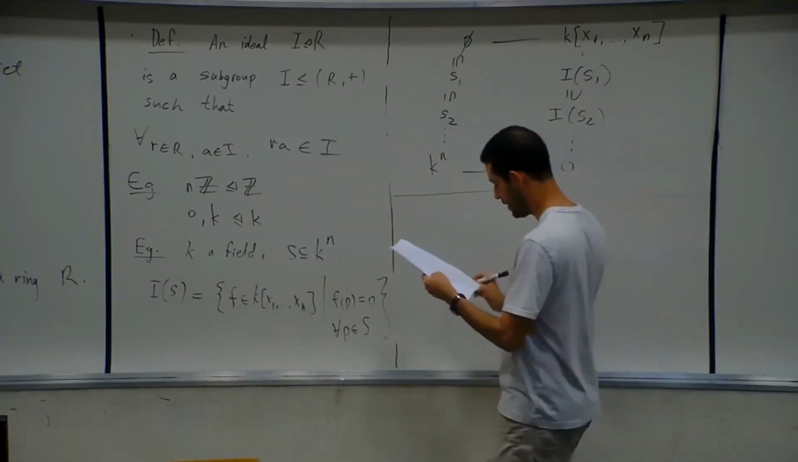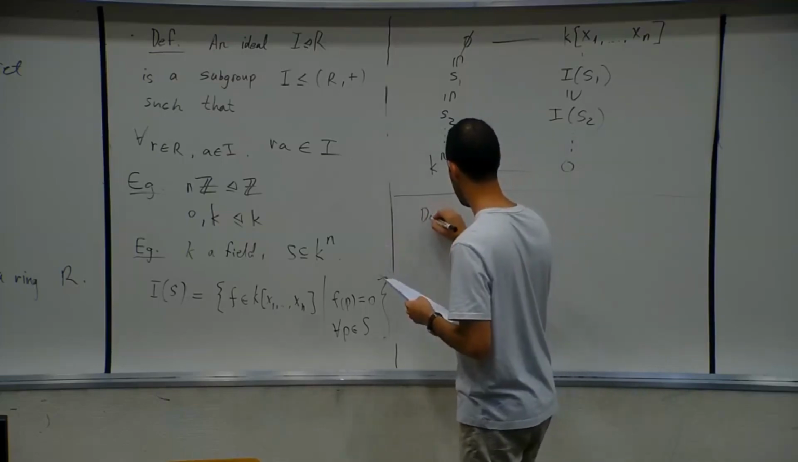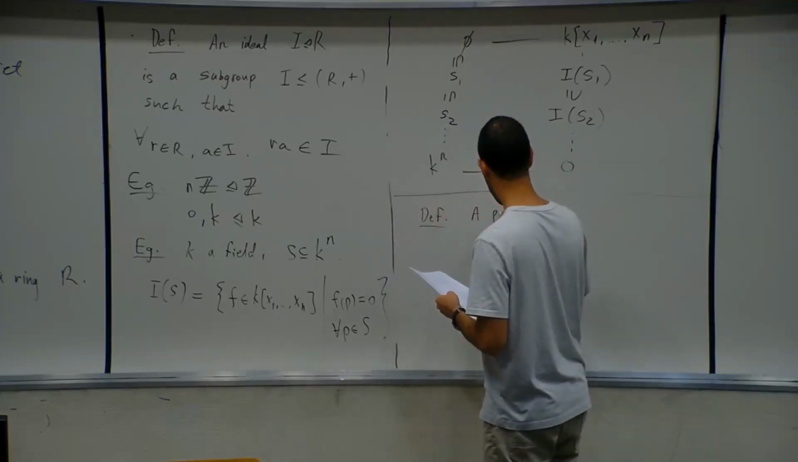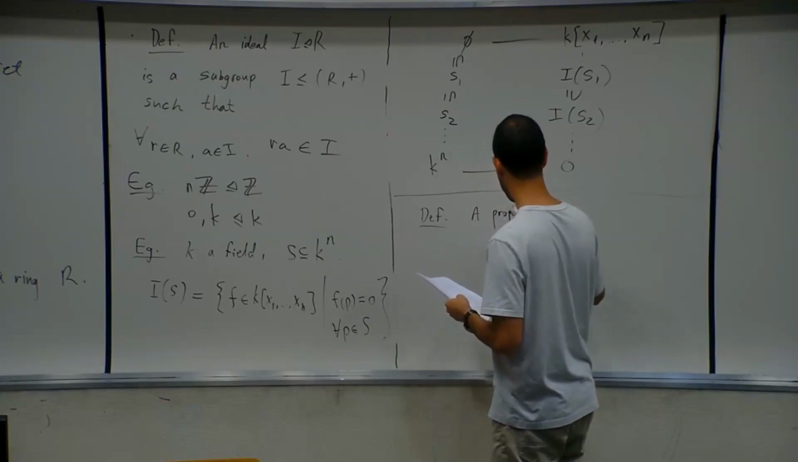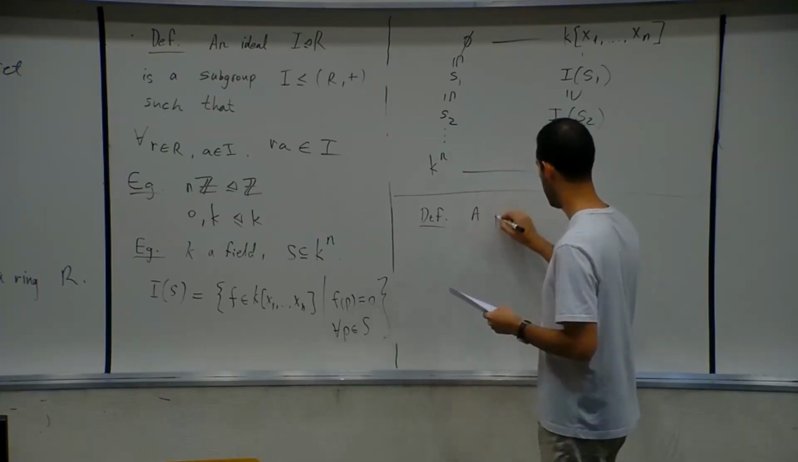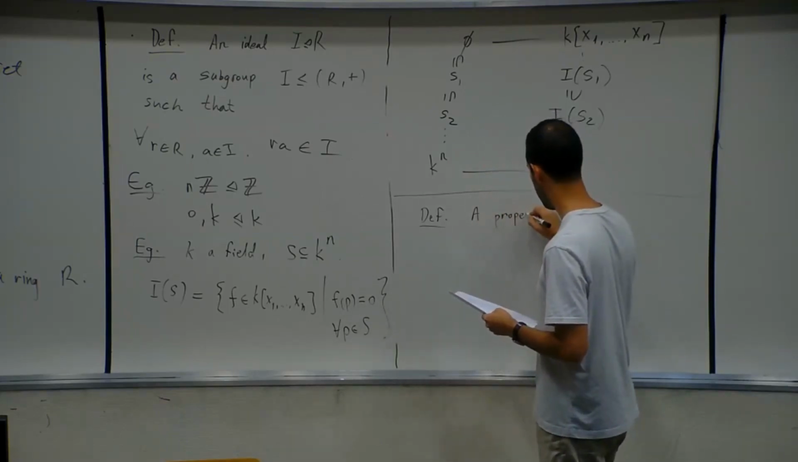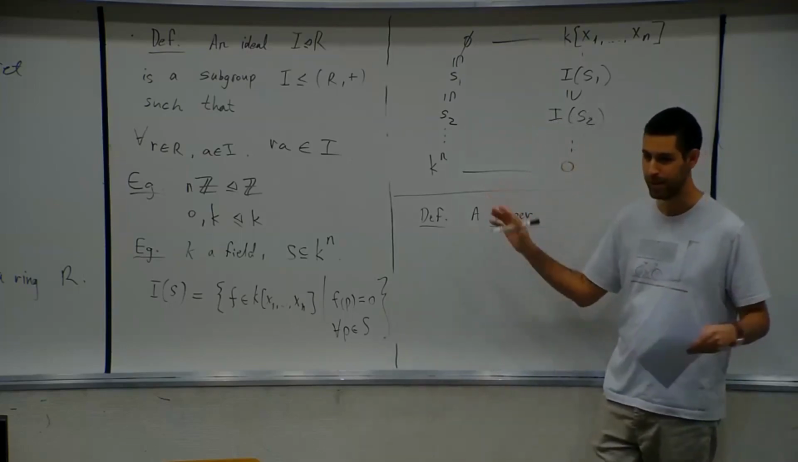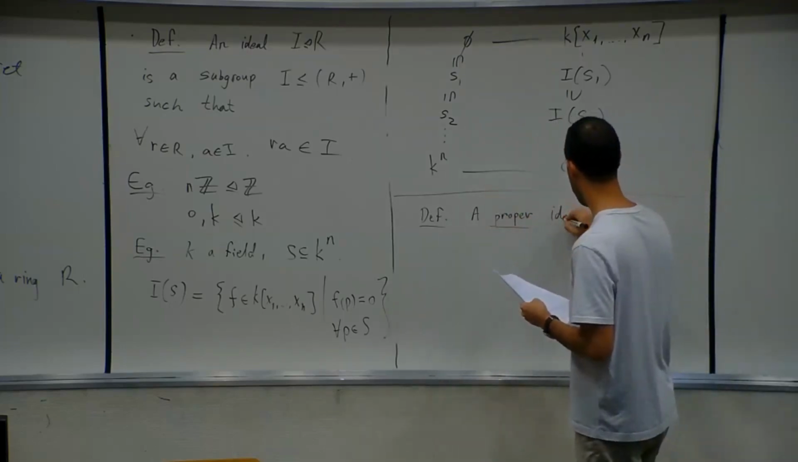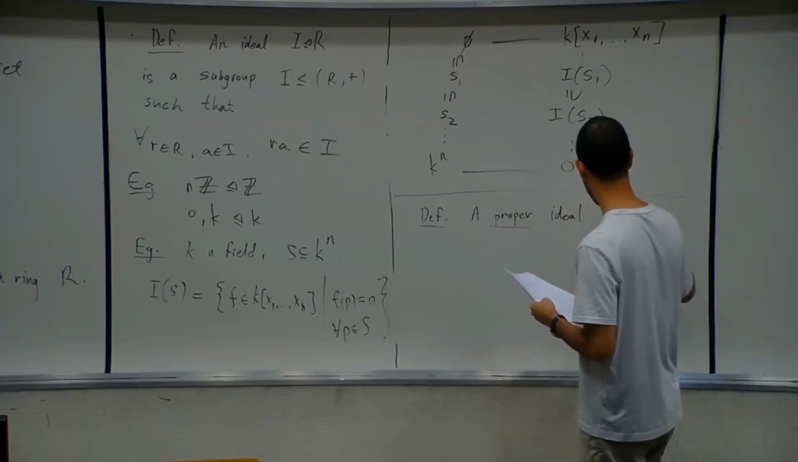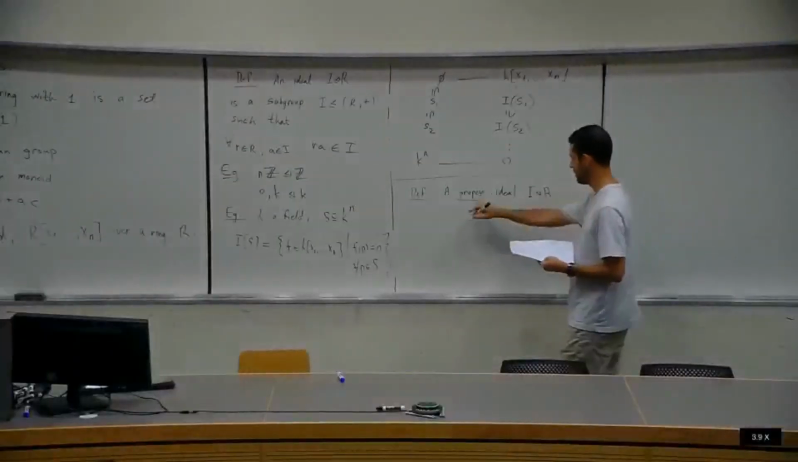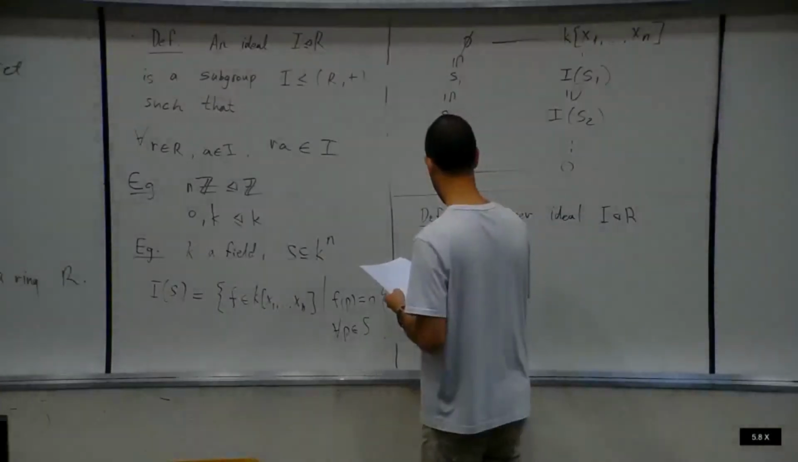So, a few more definitions. Let's define prime and maximal ideals. These are always proper ideals, and proper means it's not the whole ring. A proper ideal I in R, which is not all of R, is prime